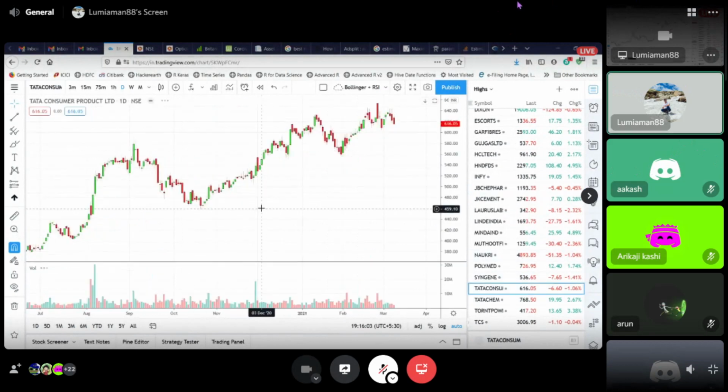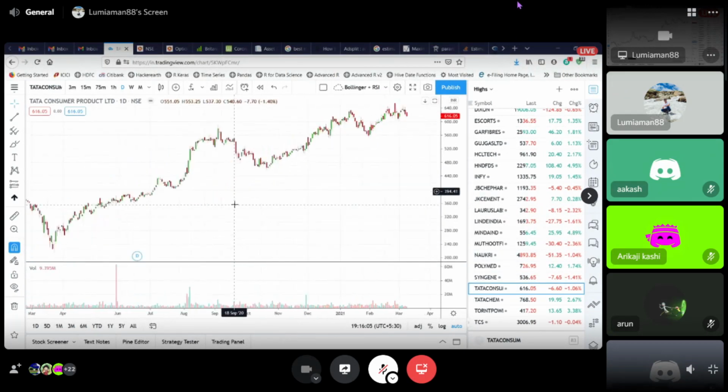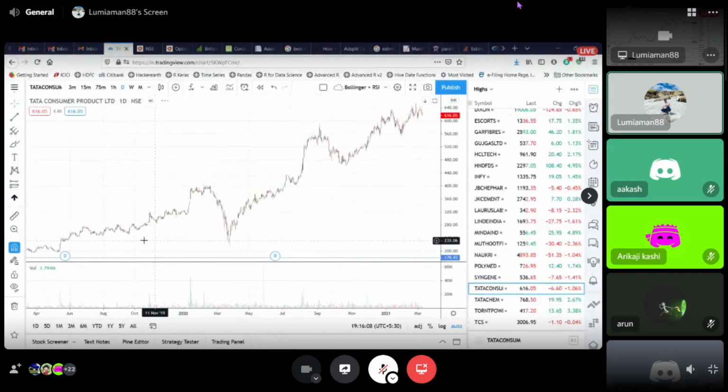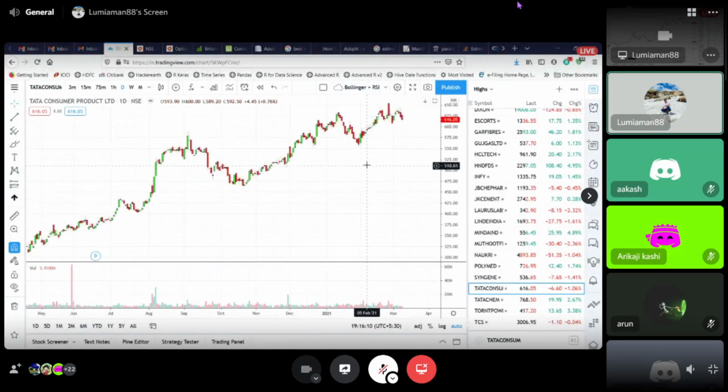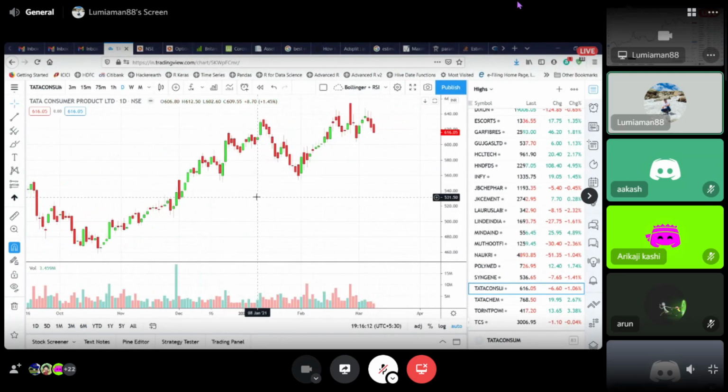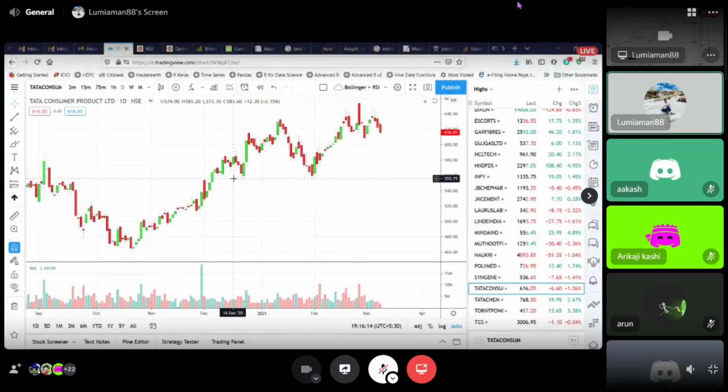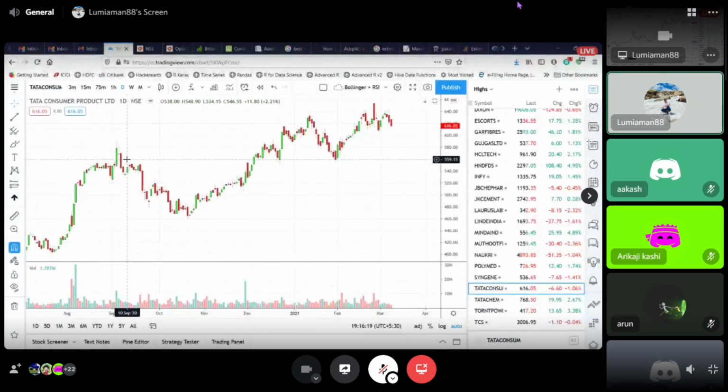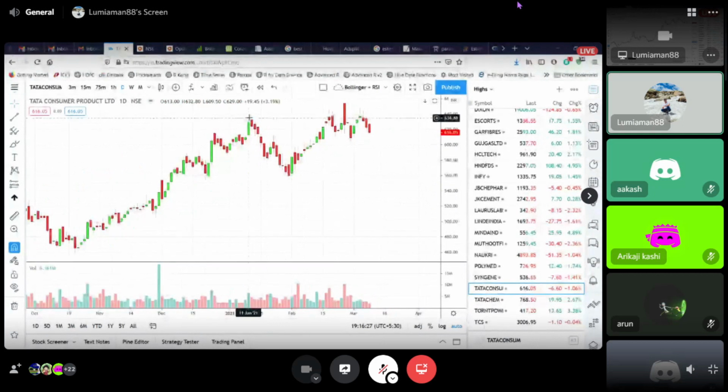Let's see, Tata Consumer. Okay. So Tata Consumer, again, has been continuously going in a very strong uptrend. Now, when this happened, there were some previous bottoms here and tops here. So we know there were multiple tops here, multiple bottoms in this region. 560 was becoming a strong support area. It hit a high of 633, came down to 560, and then gave this very nice big green candle.